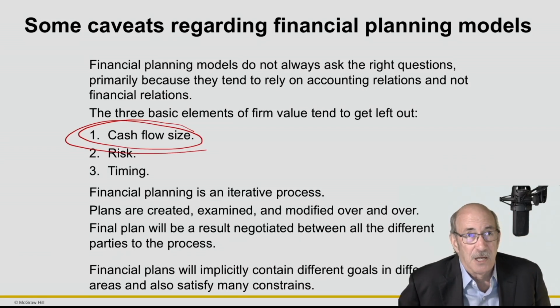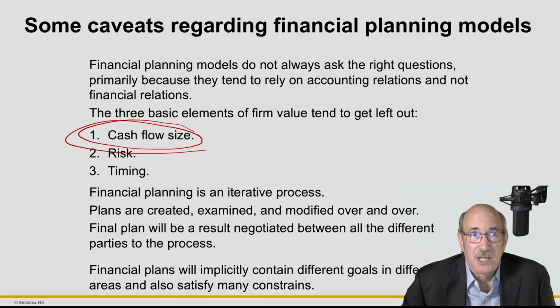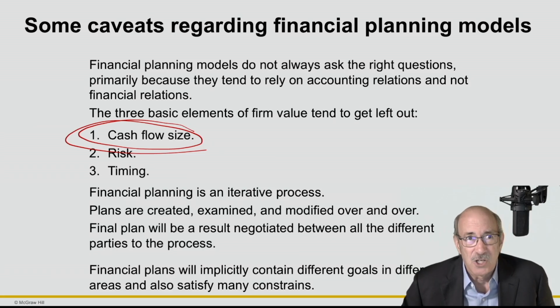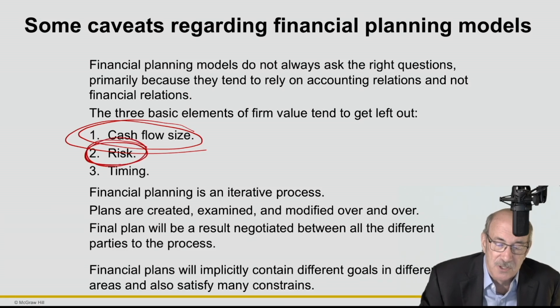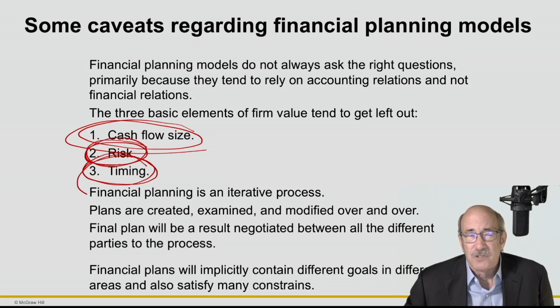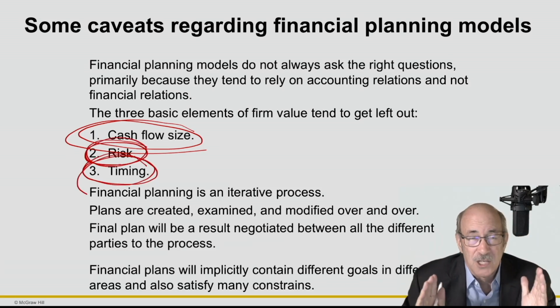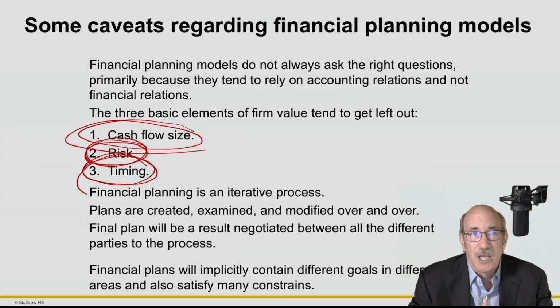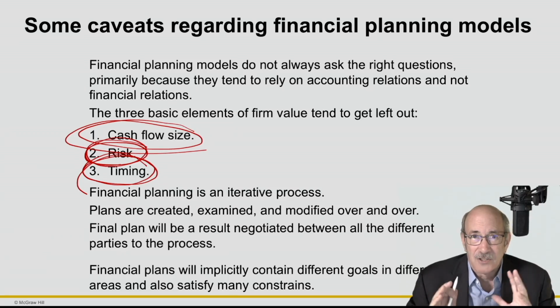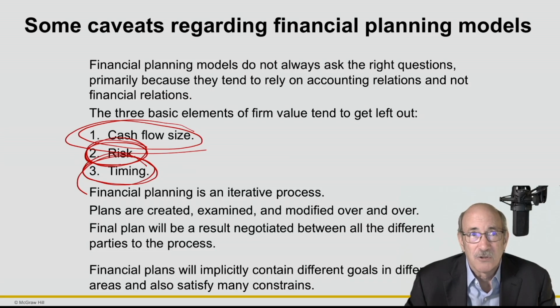Some caveats, probably the biggest one here is cash flow. We're using accounting financial statements, and thus we're not actually calculating a cash flow. Clearly, we should do this at some point before engaging in the project to make sure that we know we have sufficient financing on an ongoing basis. It doesn't factor in risk necessarily, nor timing directly of all of these expenditures. We're assuming everything occurs sometime over the course of that year. So those are some of the more complicated issues to deal with, but remember, this is just an introduction to corporate finance, so we're not going to deal with those in this particular chapter.